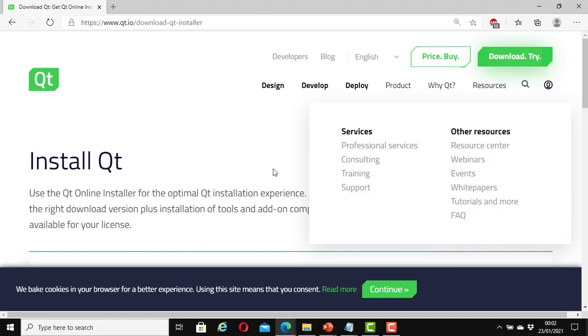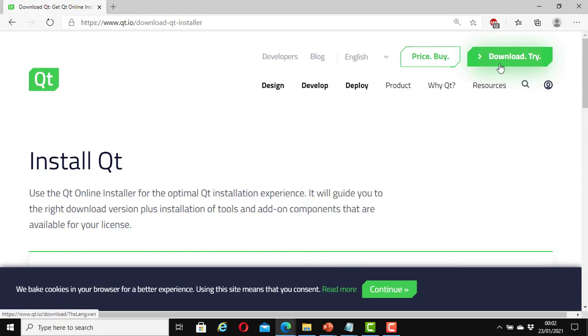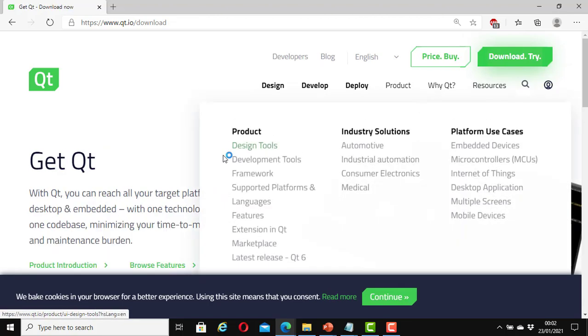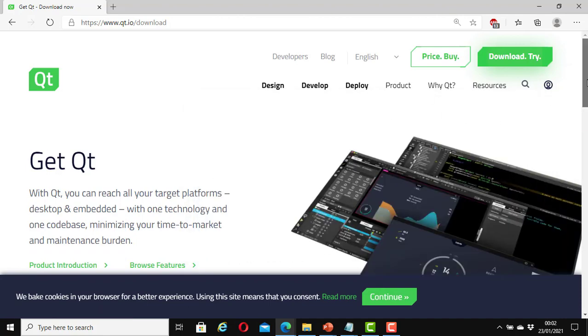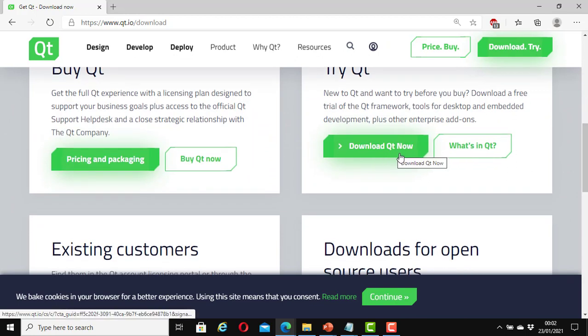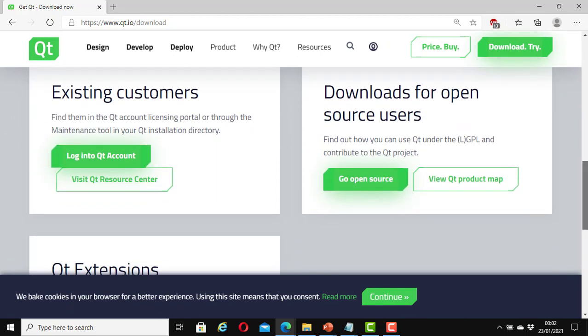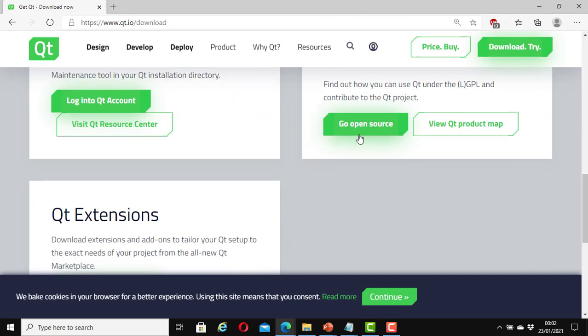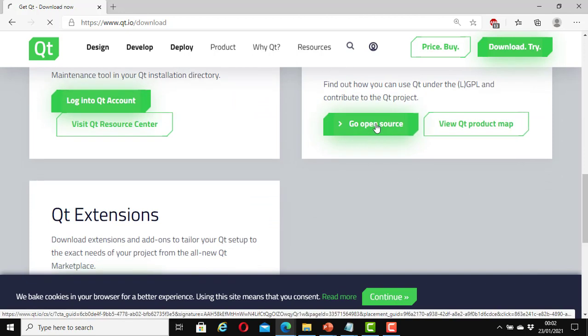Whether it changes or it still remains the same, you are likely going to find this download try option on the page. When you click on it, it will still take you back to this very page, but let's do it to see what exactly I am talking about, where we can find the online installer option. Click on it. When you click on it, it will take you to this page where it says Get Qt. Scroll down. And here you will find download Qt now. Scroll down a little bit further until you get to where it says go open source. Click on go open source